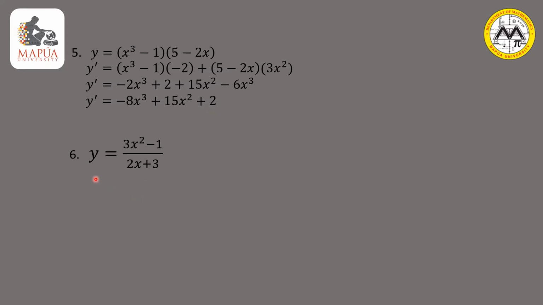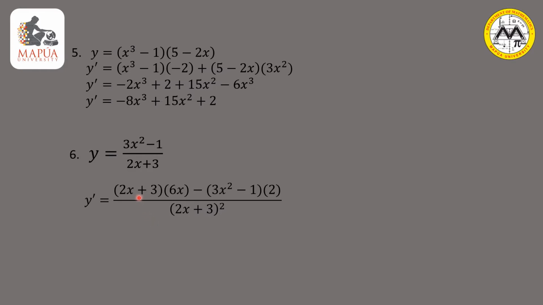In number 6, the function y is defined as a quotient or as a ratio of functions 3x squared minus 1 to 2x plus 3. So when we differentiate this function, we will be applying the rule to differentiate a quotient where we have the derivative equal to